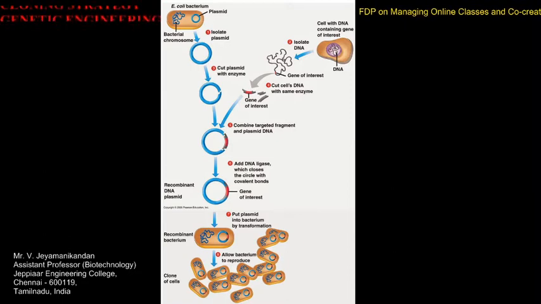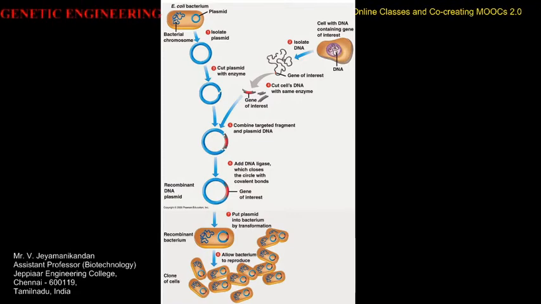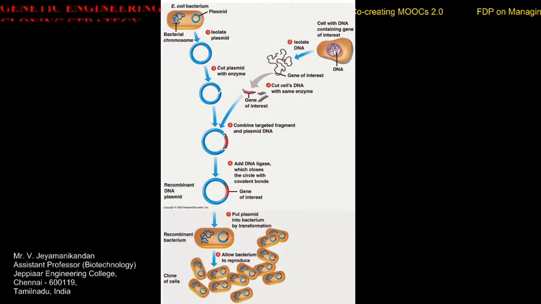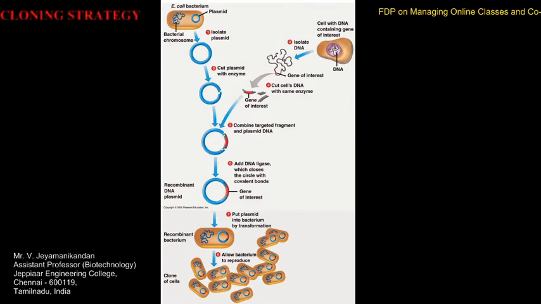Say for example, here we are just going to take E. coli. Some bacteria have some extrachromosomal self-replicating double-stranded circular DNA. We call it a plasmid. So we need to isolate plasmid DNA by the alkali lysis method. This isolated plasmid is going to act as a vector which carries your gene of interest to the host cell. Some commercial vectors are also available for recombinant purposes, say for example pUC 18 or 19, and pBR322 vectors for bacterial cells.